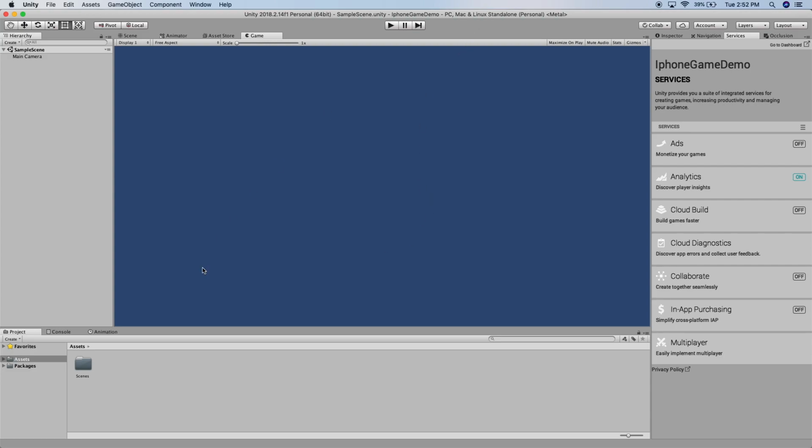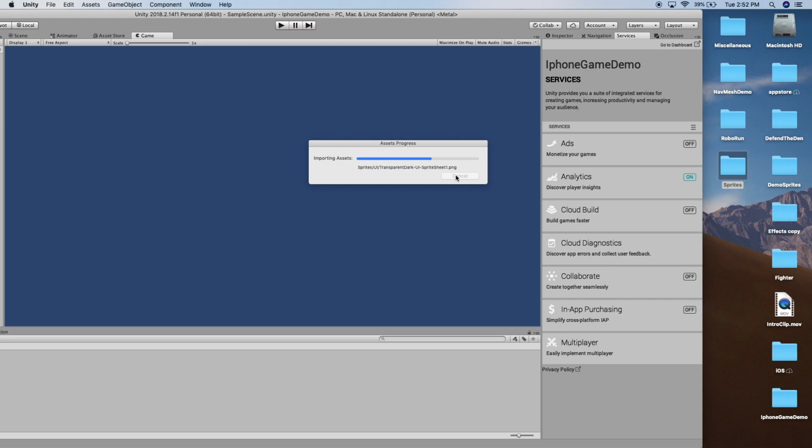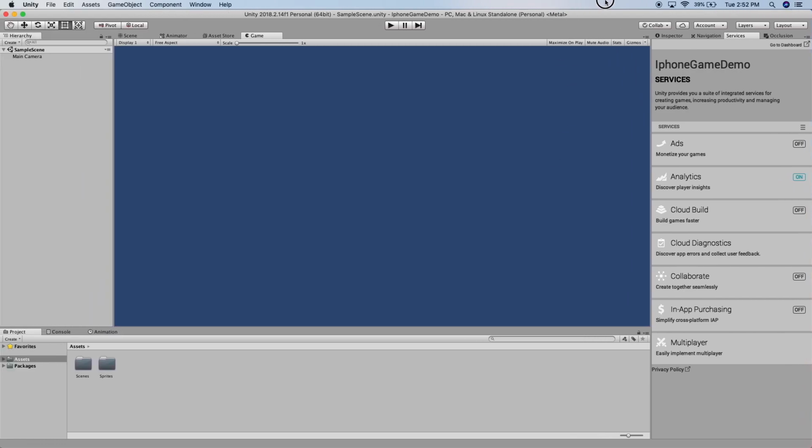So the first thing I'm going to do here is go to my desktop, and I'm going to drag in that sprites folder. And like I said, I'll leave a link in the description box if you want to download the sprites that I'm using here, or you can just use any sprites that you find online. So I'm going to go into the sprites here, and I already have them separated, so it might be a little bit challenging at first to understand how they're organized, but I'm going to go into shooters here,